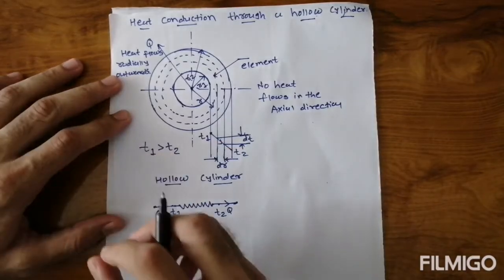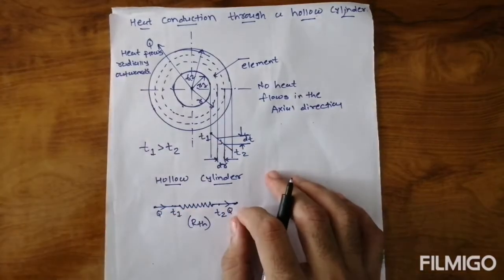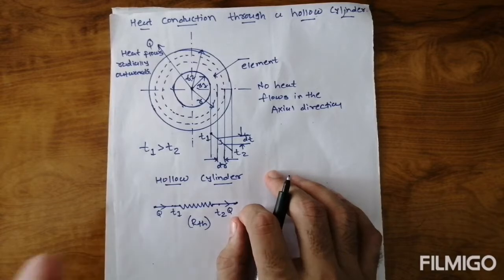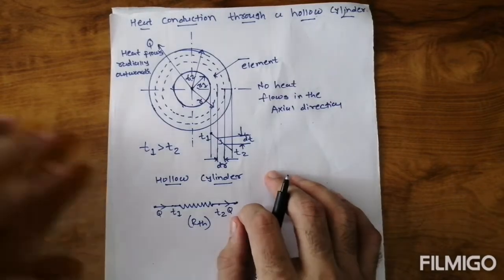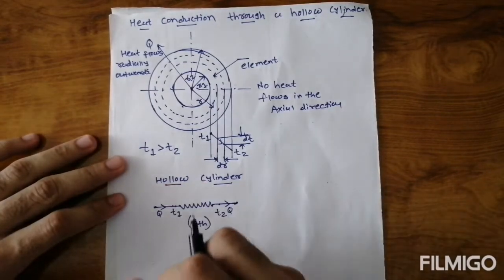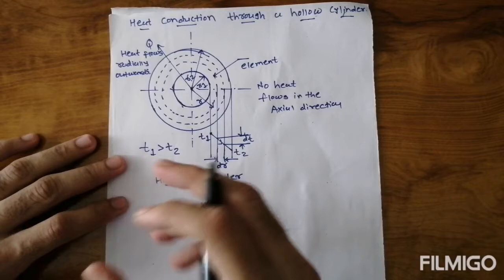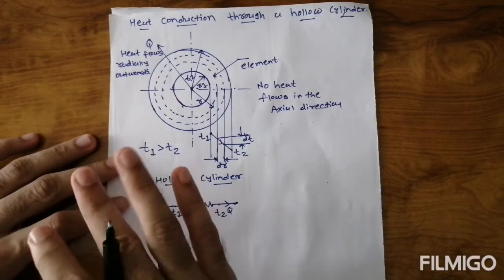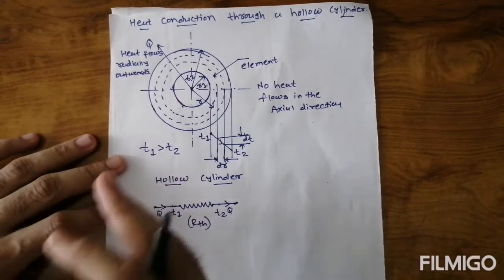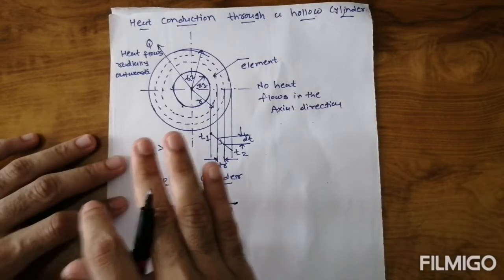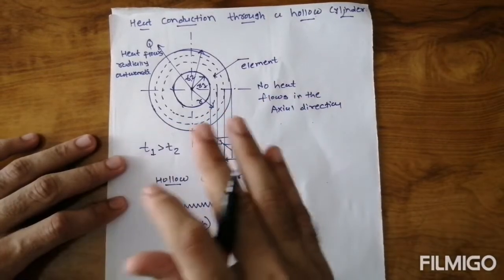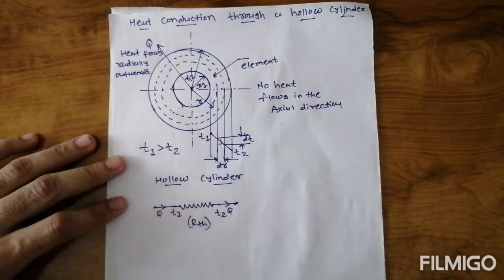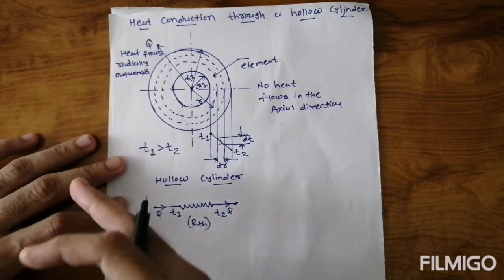Normally we consider a Cartesian coordinate system for the cylinder, and heat flow in three directions: radial, tangential and axial. But here we consider only a single direction of heat flow. So we are neglecting the axial and tangential directions. There is no heat flow in the tangential or axial direction. We consider heat flow radially outward.